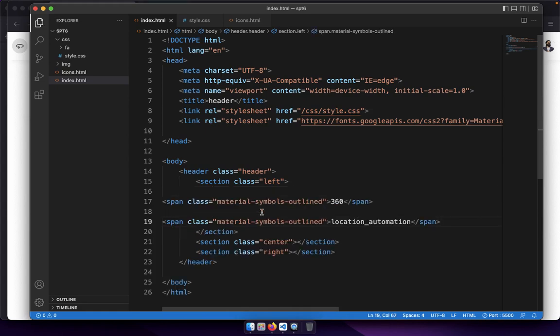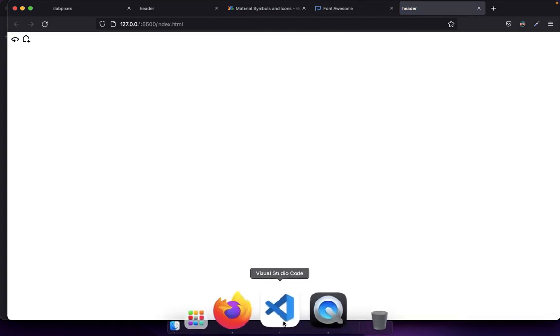I will save, and the live server is already running. You can install the live server on your VS Code. All you have to do is save the file and your browser will automatically update. You do not have to refresh the browser for that. Here is the thing. Two icons got added. Now after this we have to add the